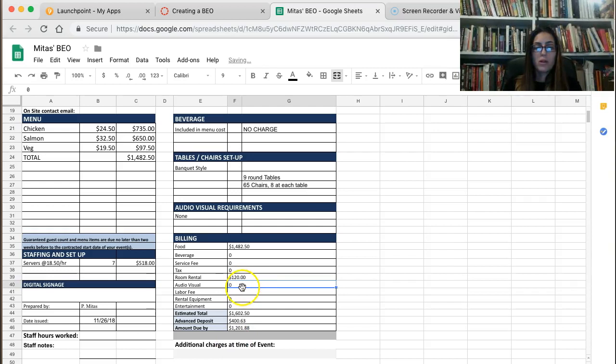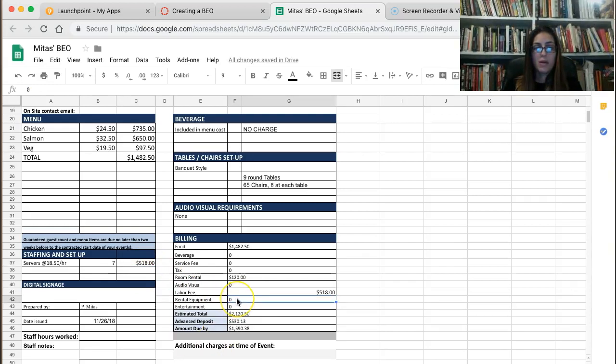So for room rental, $120, flat fee for the day, no audio visual. Now our labor, we figured out, so we're going to put equal sign. We're going to click there, hit enter, it brings that number down. Not renting any equipment, no entertainment,